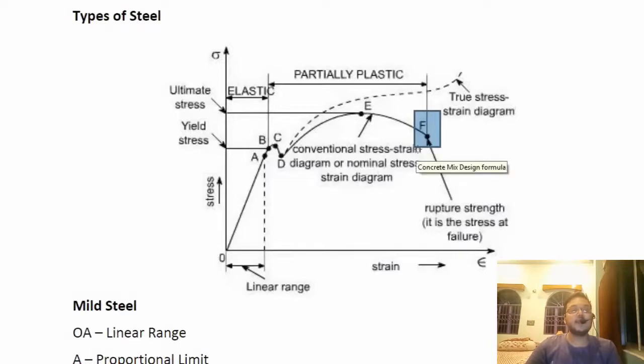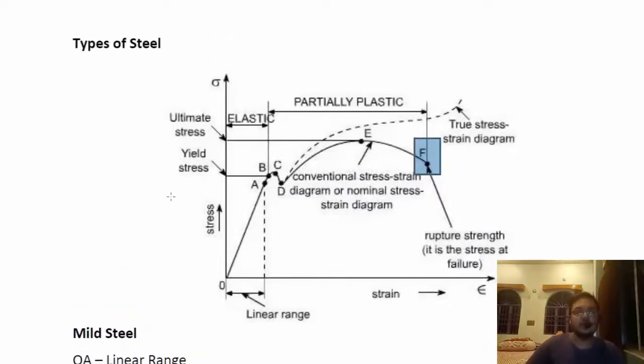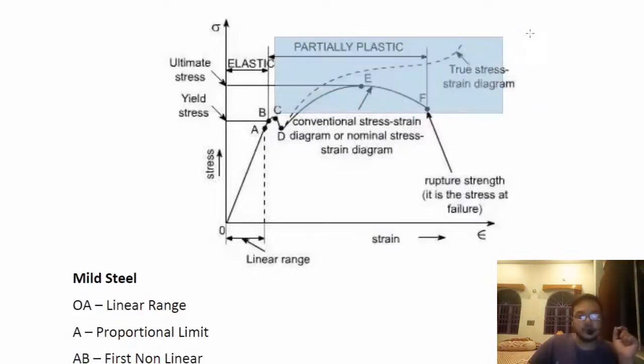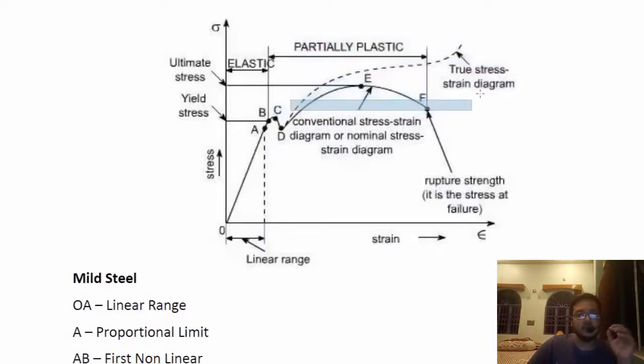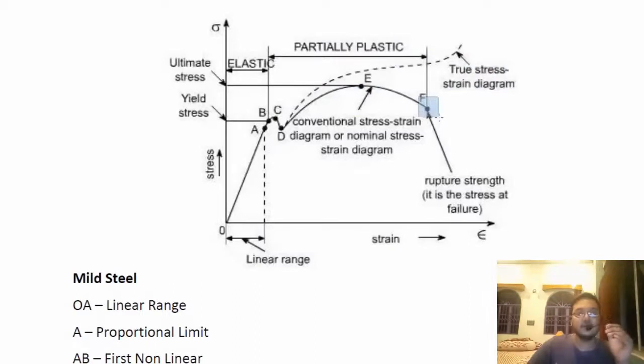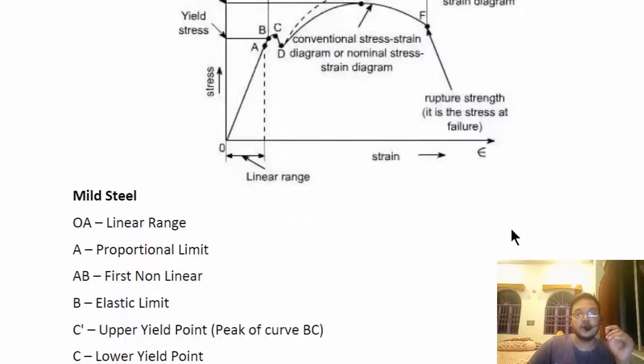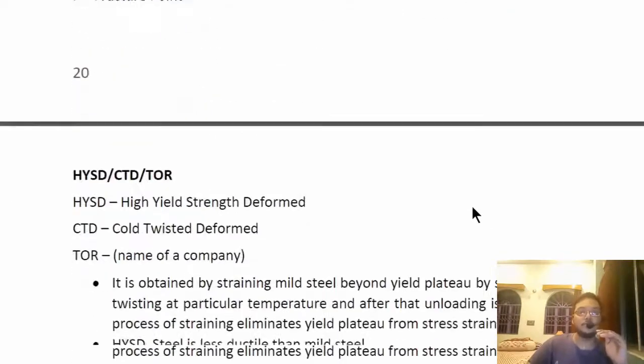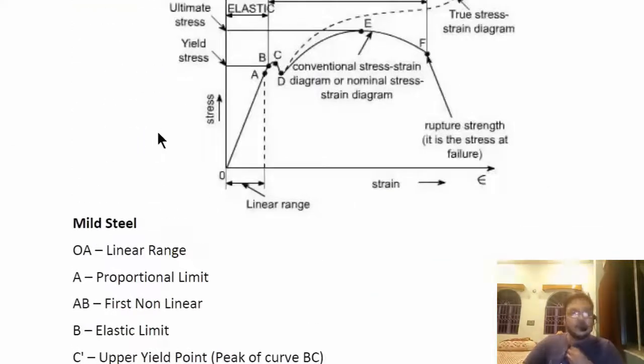F is finally the fracture point. Beyond this the rupture happens, the steel won't be able to take any strength, and there will be a large increase of the strain, and you can say that the steel member is broken or has failed. Now this dotted line represents a true stress strain diagram, which was actually expected for this steel, but it does not happen. It bends down and reaches the point F, which is the rupture strength, the stress at the failure, that amount of stress when the failure takes place.